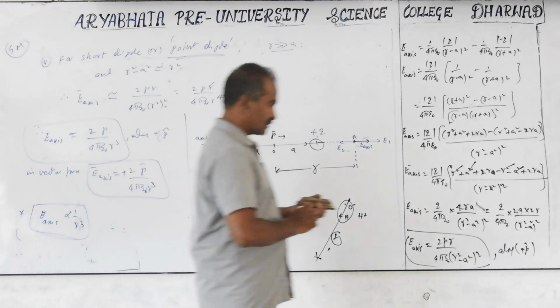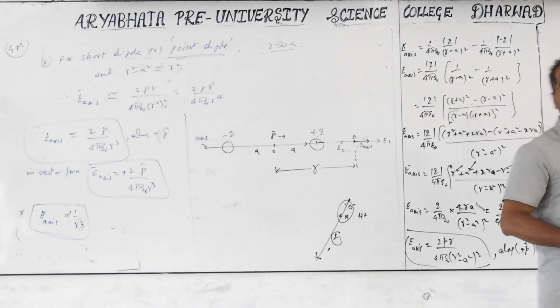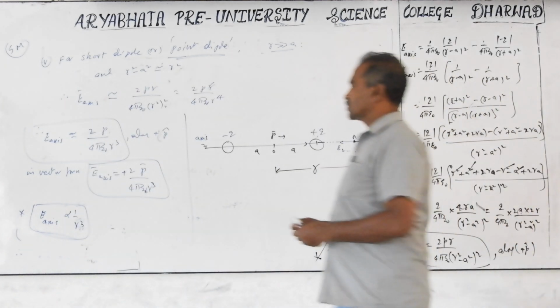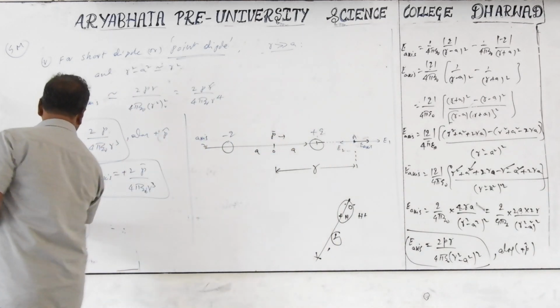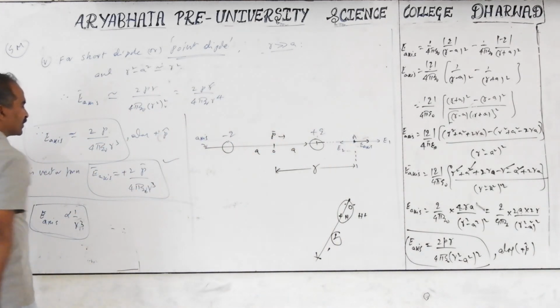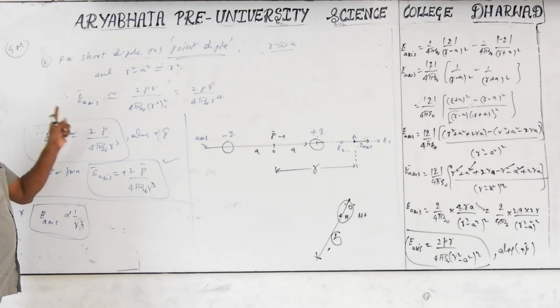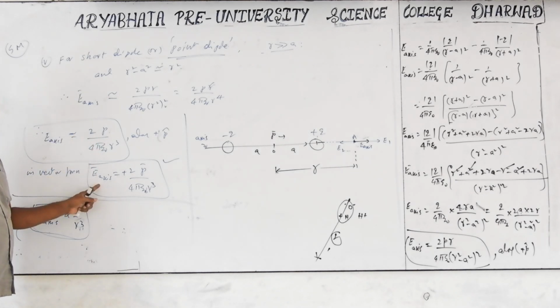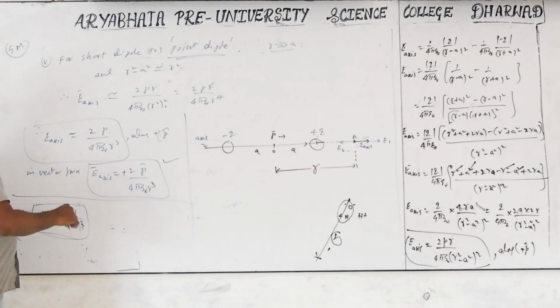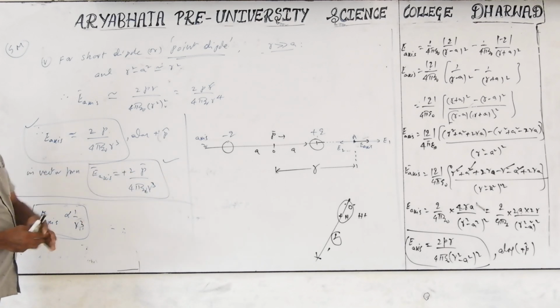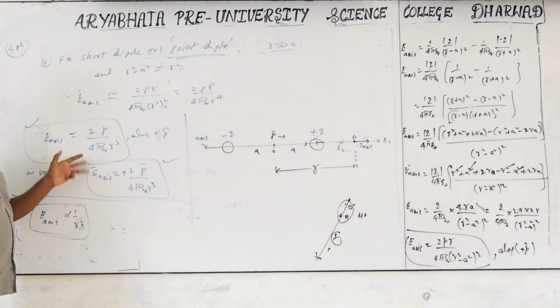In the examination, for your derivation you have to go up to the vector form. This point is not considered; up to this point for the direction is for a 5 marks question. Approximate formula and vector form. Writing the vector form is not actually compulsory. If writing is better; otherwise, you can write up to this also. Exact formula and the approximate formula. Problems will be given mostly based on the approximate formula.